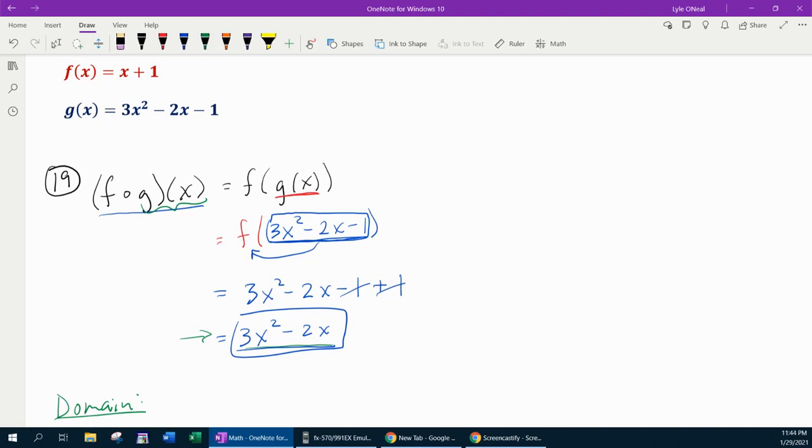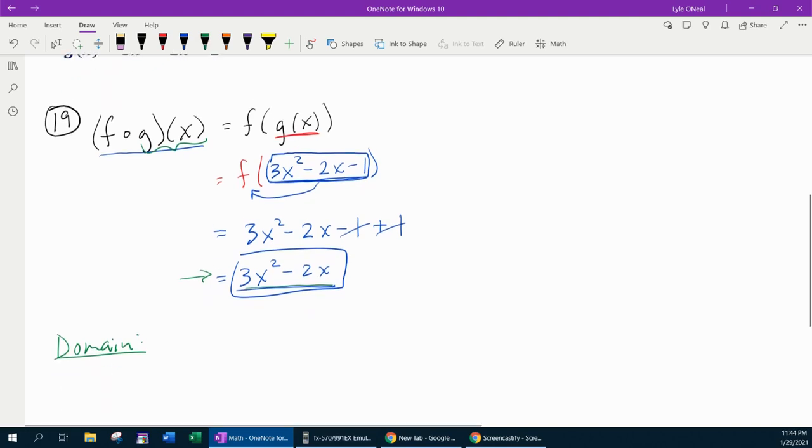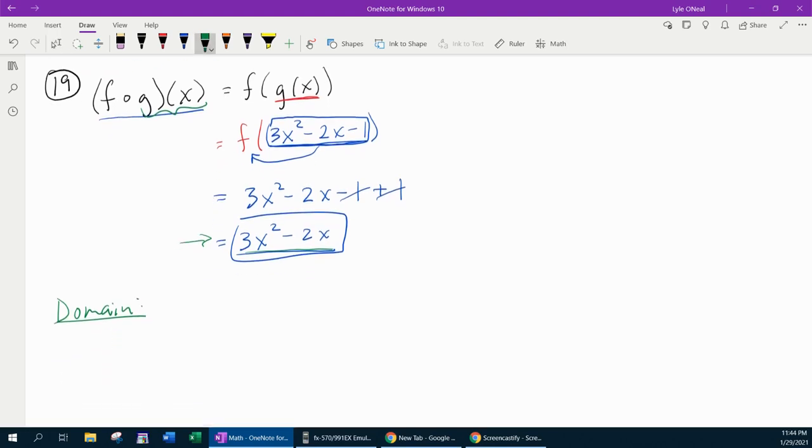There's no restrictions. And then this answer is also a polynomial. So the domain in interval notation would be everything from minus infinity to infinity. This is the set of all real numbers because there are no restrictions on g of x